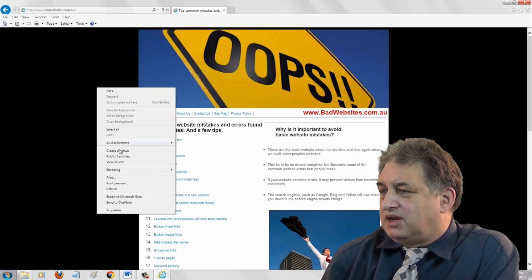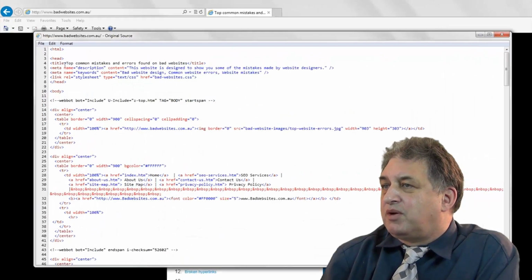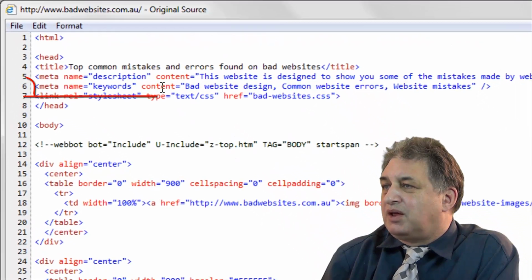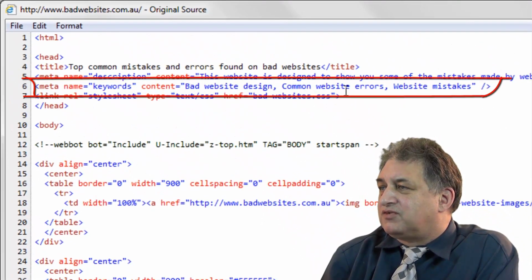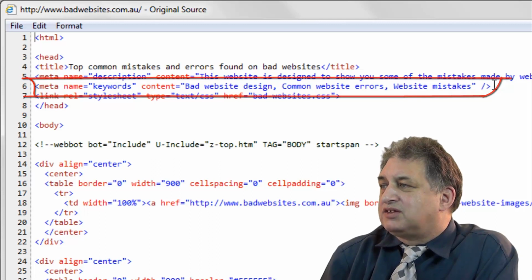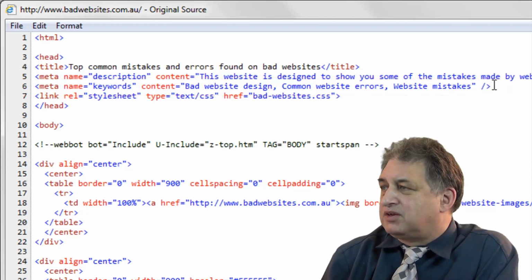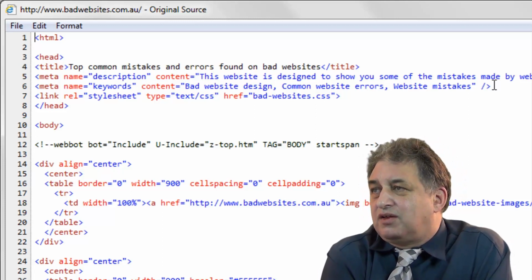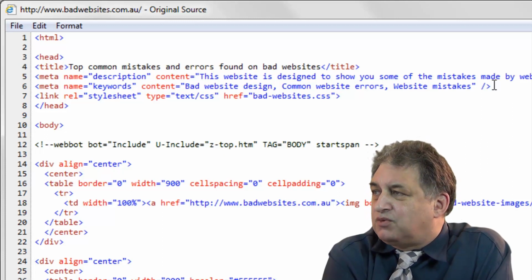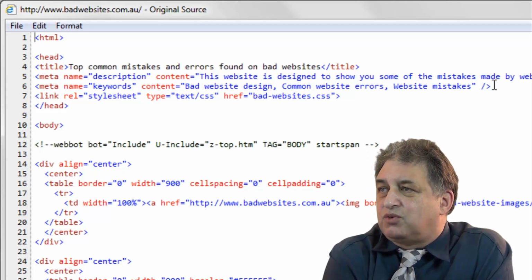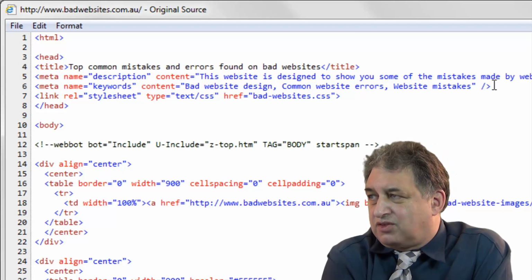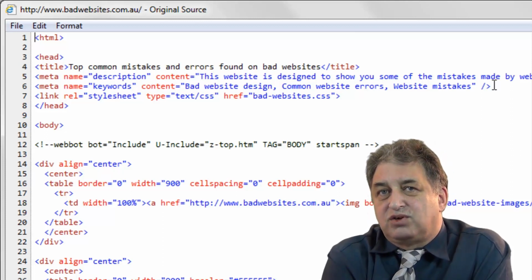So remember, if I go back to a website here, if I right click on an empty part and view the code here, remember this line here, the one that says meta name keywords blah blah blah content, and then you've got the list of phrases or keywords, that is the meta keyword tag or statement within the header area on a particular web page. Now as I've said, Google completely ignores this, so you don't have to worry about this. What you do have to worry about is the title and description. They're important, but these days the meta keyword tag there that you can see, that is completely ignored by Google.